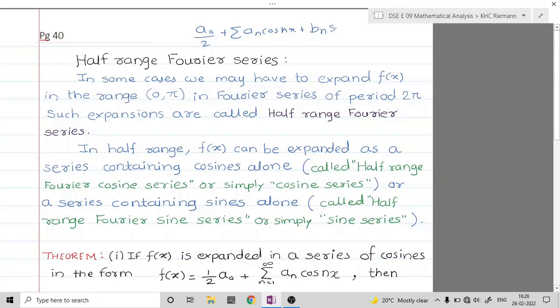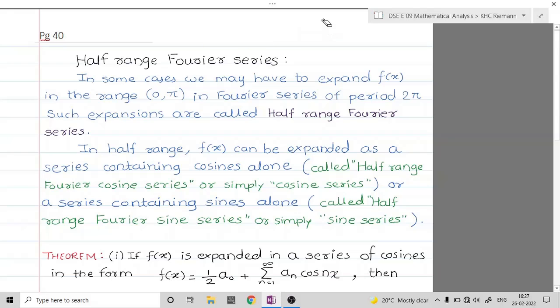आणि जर आपण ते फंक्शन ऑड टाईप सिलेक्ट केलं तर मग तुमचा an चा पार्ट जो आहे तो 0 होणार, आणि मग ऑटोमॅटिकली सिरीजमध्ये समेशन bn sin nx सिरीज विल कंटेन टर्म्स ऑफ साइन ओनली. ओके. म्हणजे अशा पद्धतीनं कन्स्ट्रक्शन केल्यानंतर विथ दिस assumption